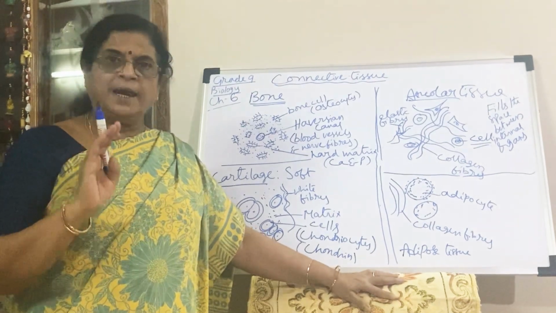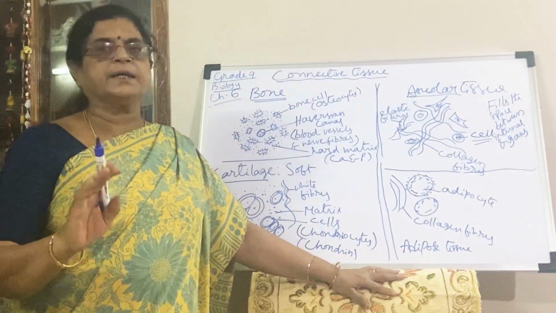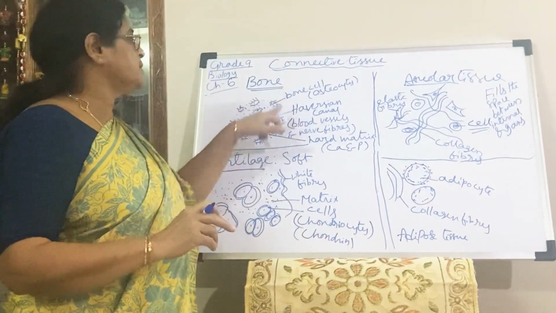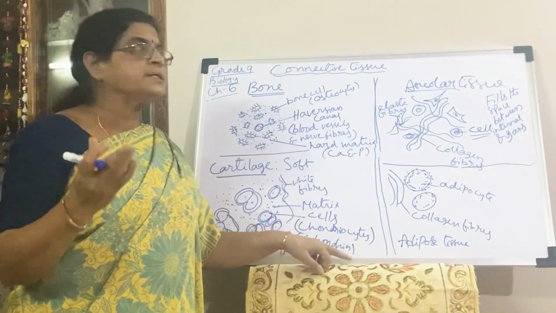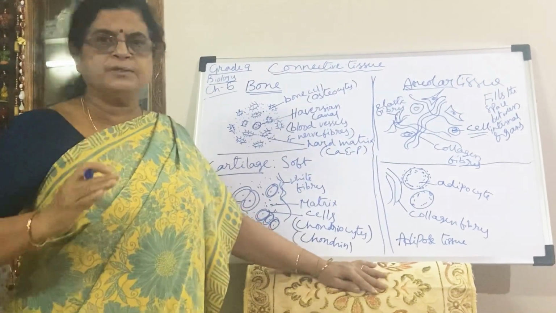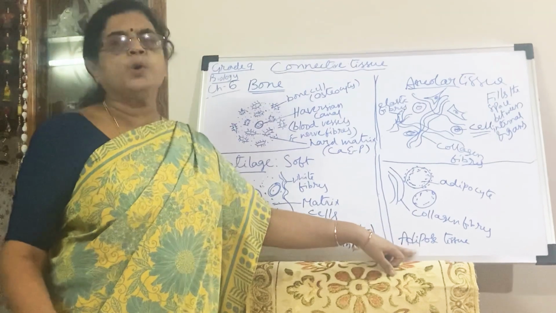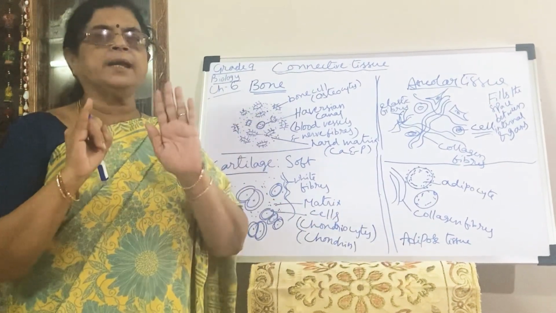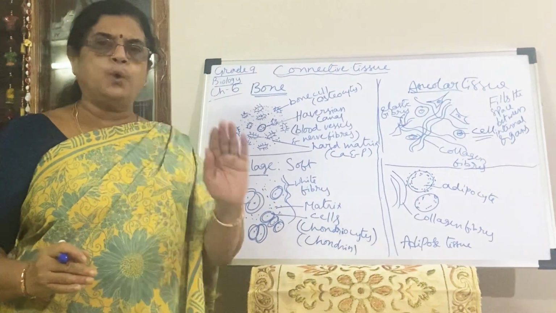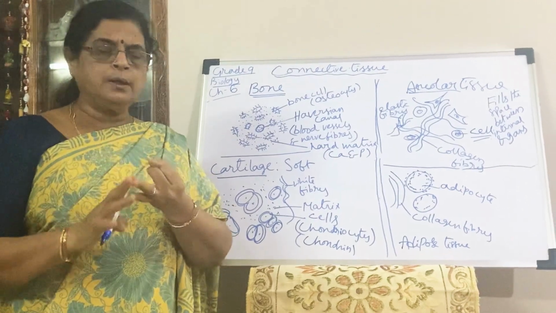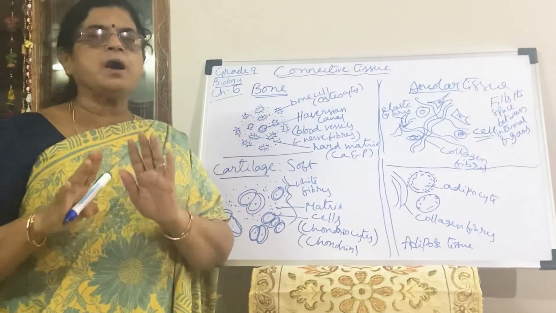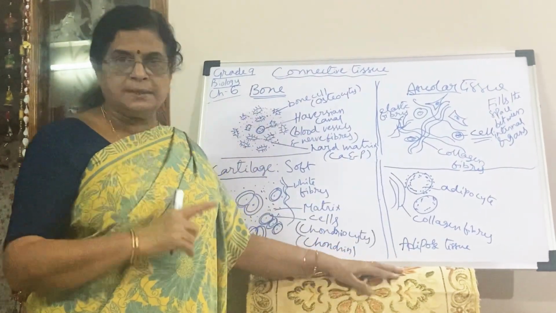They are skeletal connective tissue and fibrous connective tissue. Skeletal connective tissues, that is bone and cartilage, will come under skeletal connective tissue. And fibrous connective tissues, areolar tissue, ligament, tendon, all these will come. And one more is the adipose tissue. Totally 7 connective tissues are there, blood is over. Now cartilage, bone, ligament, tendon, adipose tissue, areolar tissue. These are the types of tissues we are discussing in this video.